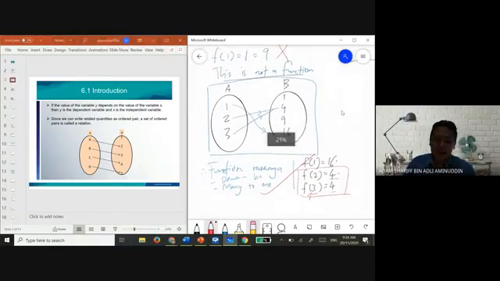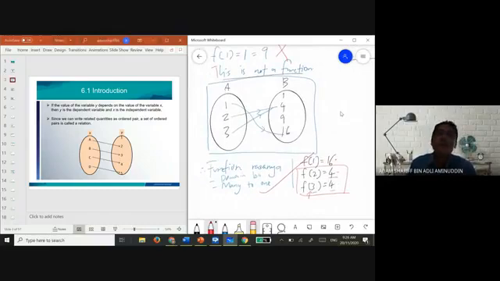Ada soalan setakat ini? Berkenaan asas dulu. Kita baru tahu apa tu function. Yang mana korang dah tahu sebenarnya. Bridging course ni lebih kepada nak memantapkan